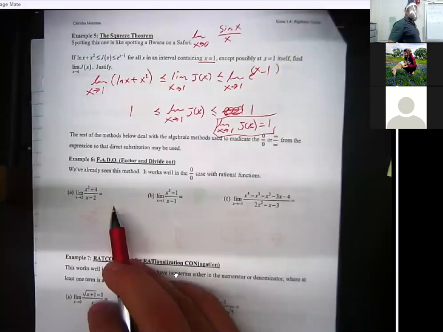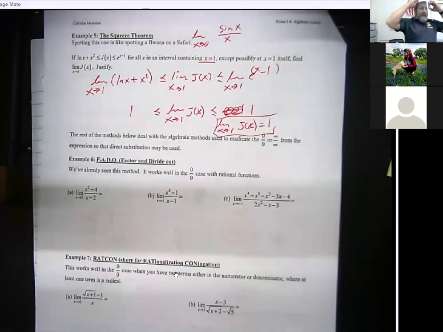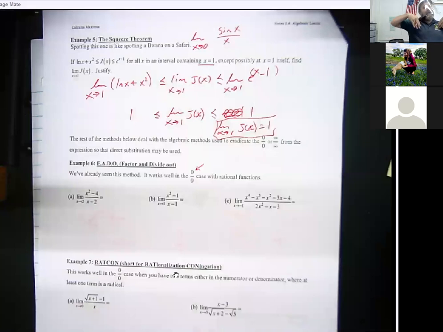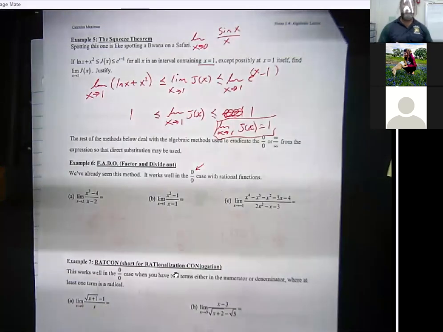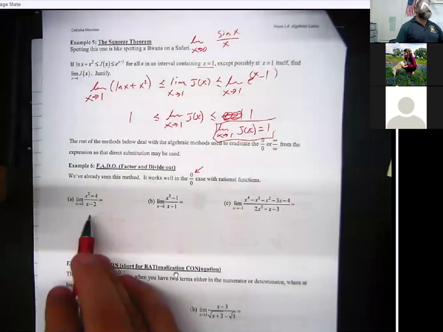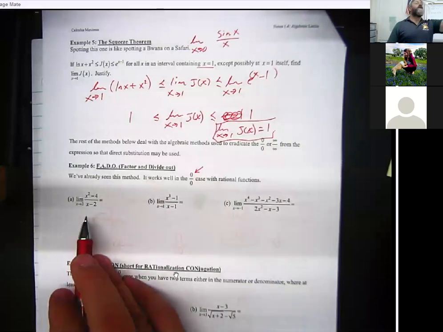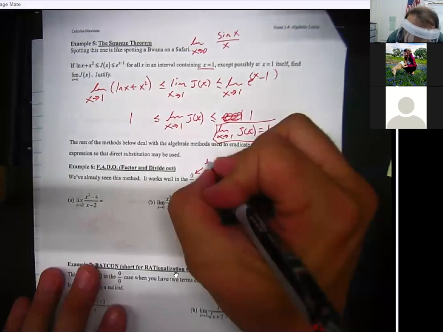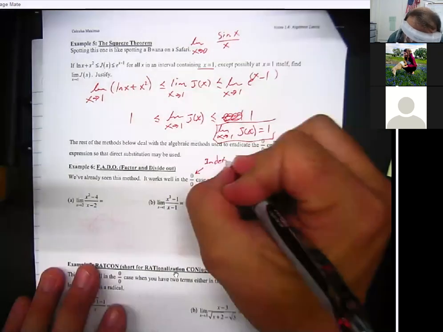So anyway, here we go. We're going to go to this next one. Now, we talked about 0 over 0. This is really super important that you know this. 0 divided by 0. We talked about how you always want to just plug things in, right? It's really good to just plug it in and see what happens. But when you plug in directly to some problems, you get identically 0 over 0, which we talked about last year as a removable, right? But in here, I'm going to tighten that up a little bit because it's not always a removable. What it's called is an indeterminate